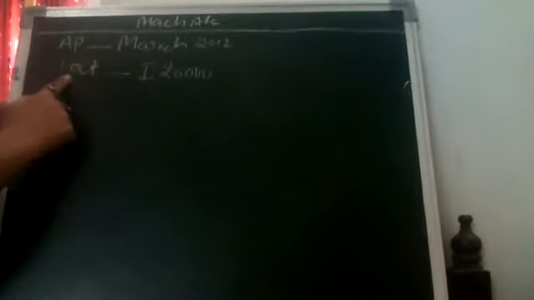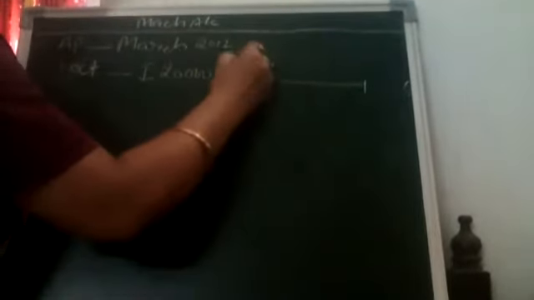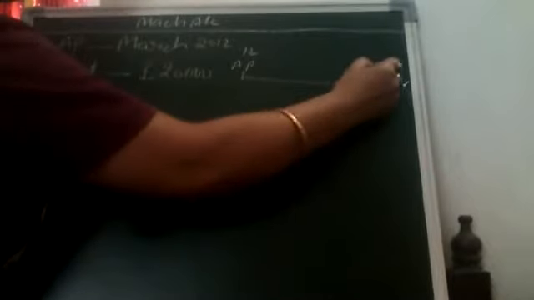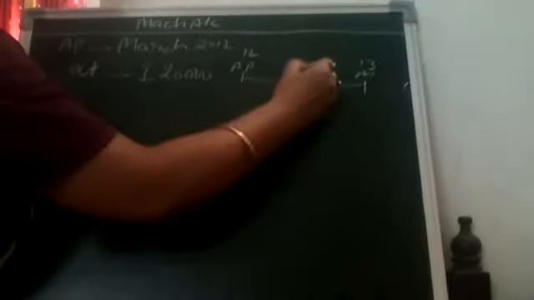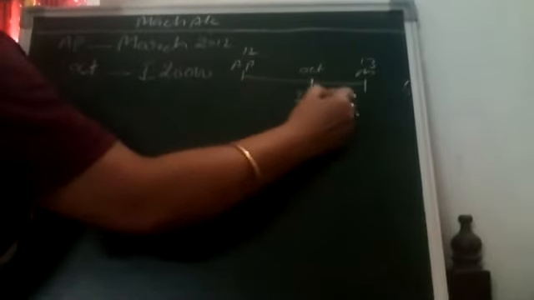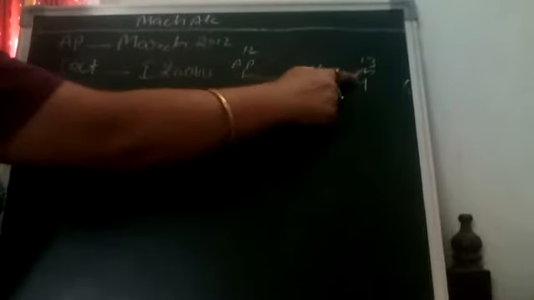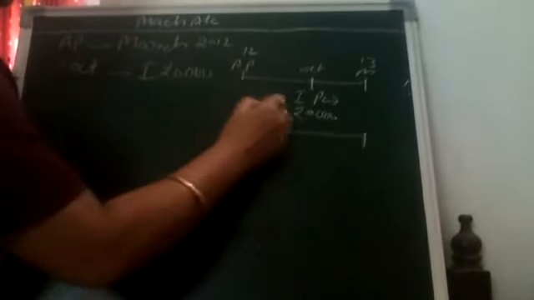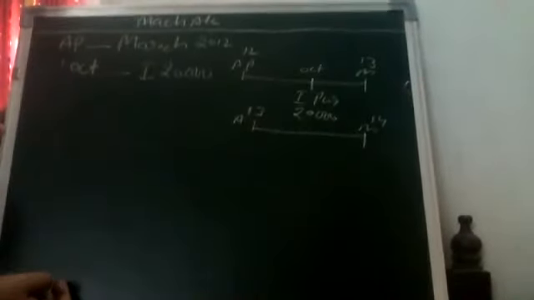So first year will go April 12 to March 13. Okay, I'll draw here. April 12 to March 13, and on 1st October, that means mid of the year, first machinery was purchased costing rupees 20,000. Let's go for next question. For the next year, now the next year will be April 13 to March 14.